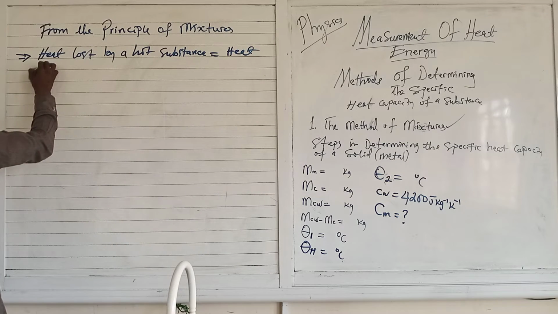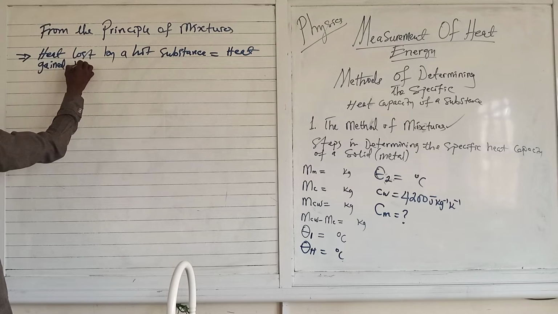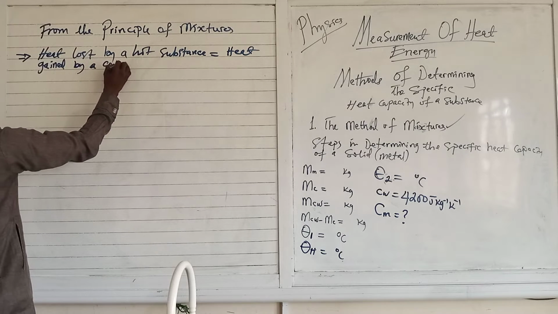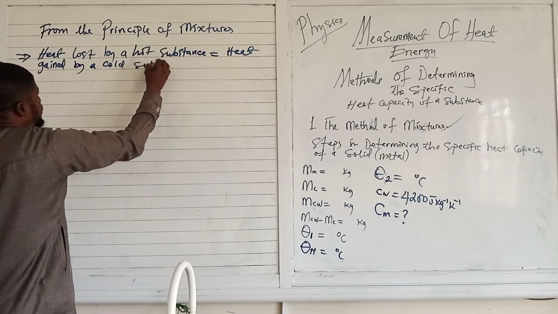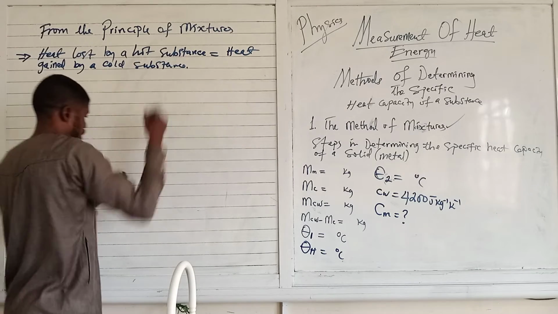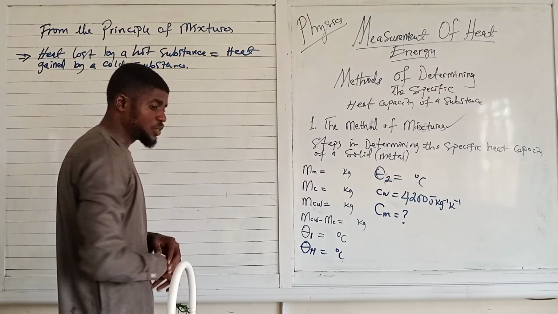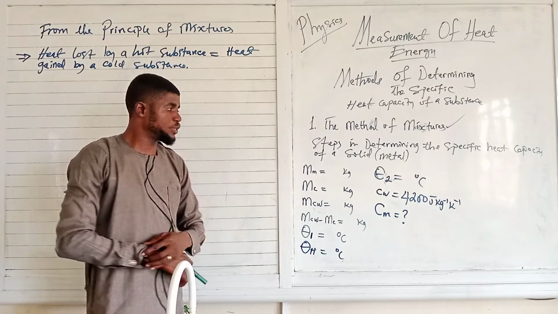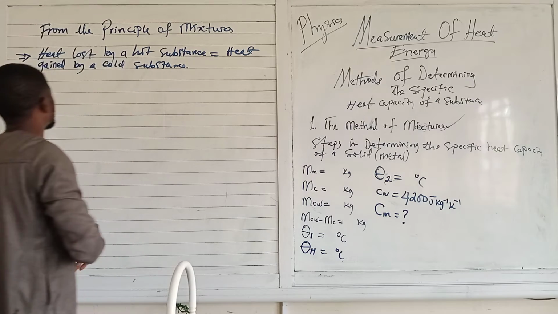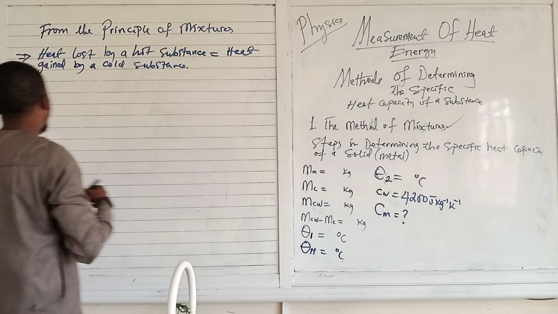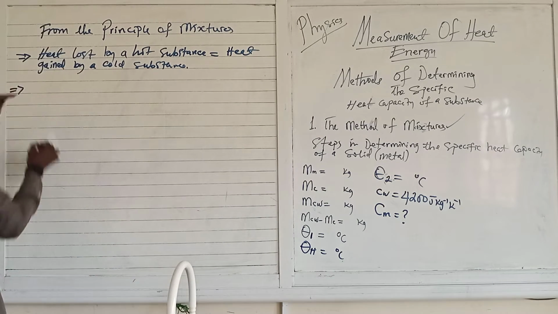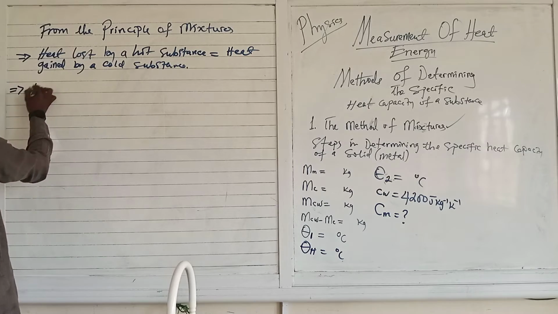Heat gained by a cold substance. Now, this is the principle. We want to customize the principle. How do we do that? We write, in this case, heat